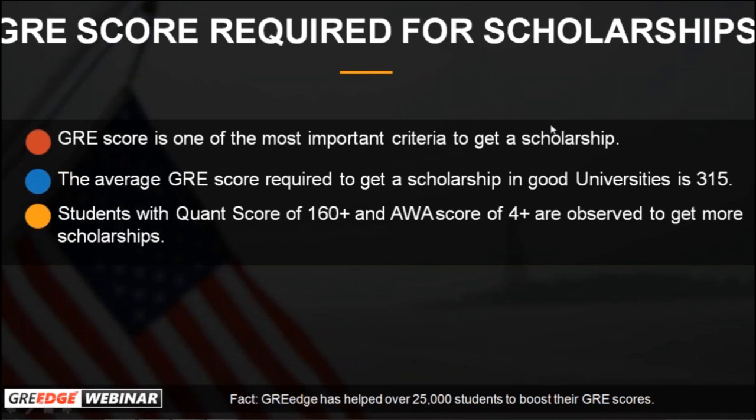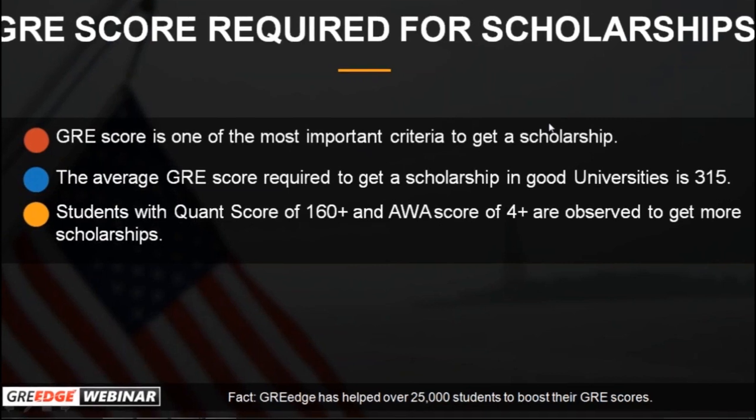All right, for the people who are not very aware of GRE, let me just give you a small intro. GRE is an examination that you need to take if you want to go for an MS or a PhD abroad. It has two sections. One is quant and verbal. The other section is called AWA, Analytical Writing Assessment, where you will be required to write 2 essays, one on an issue and another on an argument. And that is evaluated out of 6, where you need to score at least 4 or above to get scholarships.